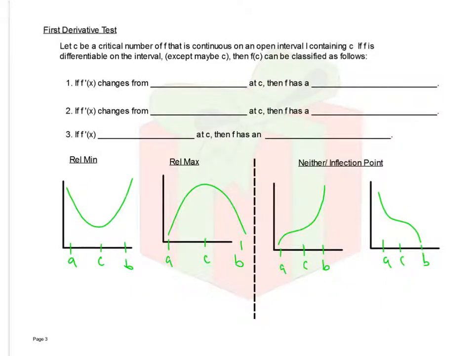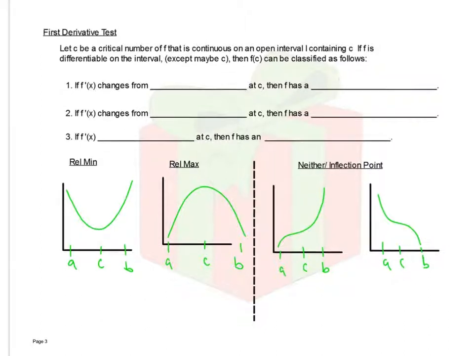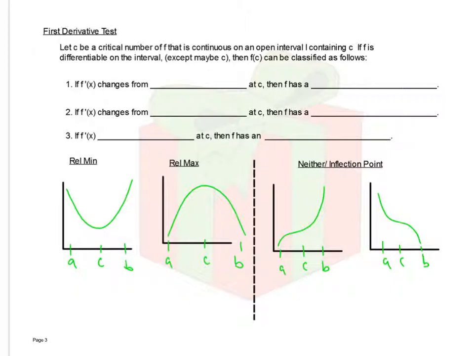All right, so now that we know how to find increasing and decreasing intervals on a function, we're going to talk about how we use that to decide whether critical points are local maxes, local mins, or none of the above. So if f prime changes from negative to positive, it means that the function went from decreasing to increasing, so we must have a local